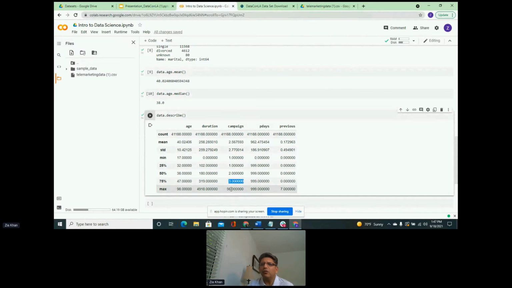But there are some people who have been in our database for a long time and have been part of 56 campaigns. And there are some people who have been previously approached 7 times. So this gives us a lot of good information about our numeric data. It tells us statistical information about that data.